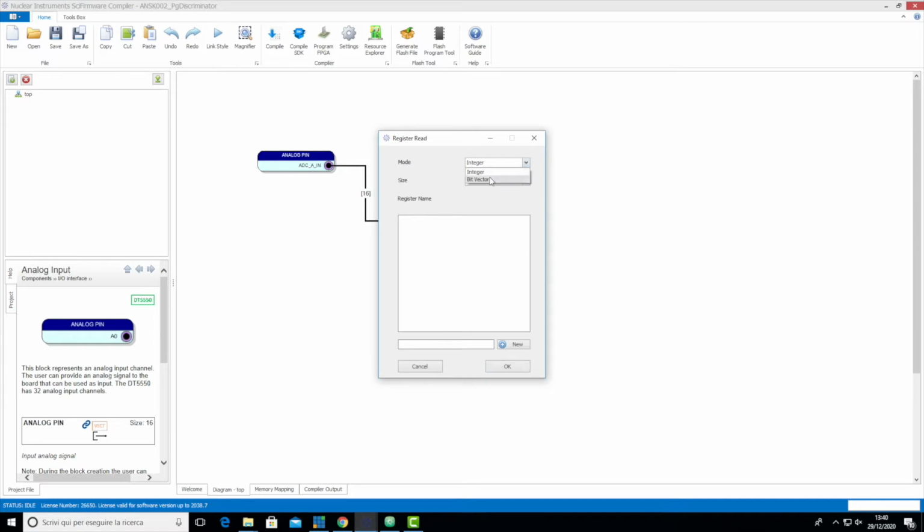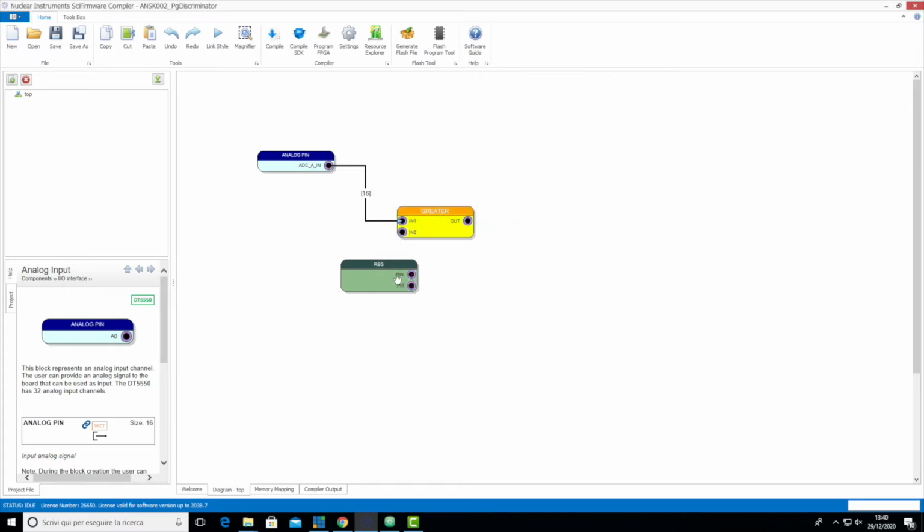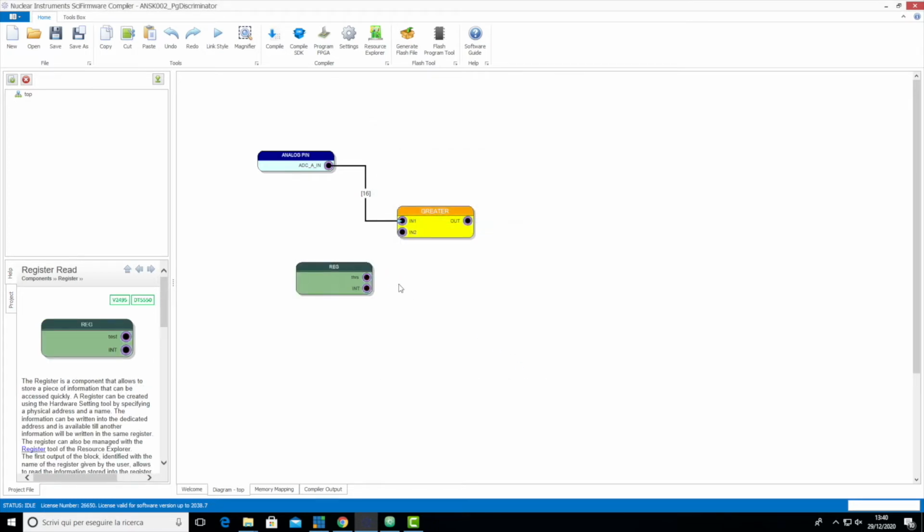For us it's a bit vector, 16 bits, to be compatible with the analog signal, and we can call it as we want, for example threshold HSRD. We can press new, select the register, press OK,